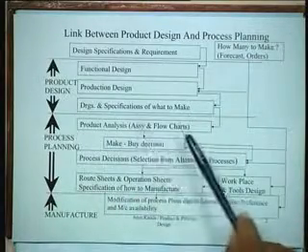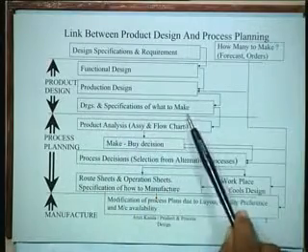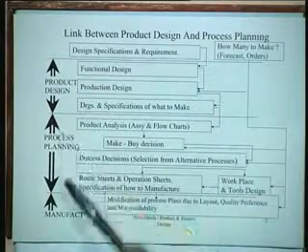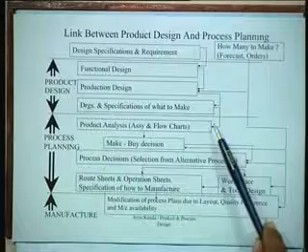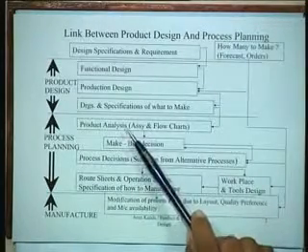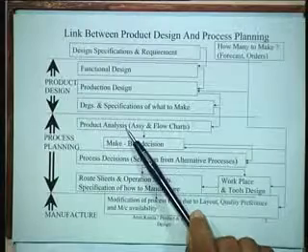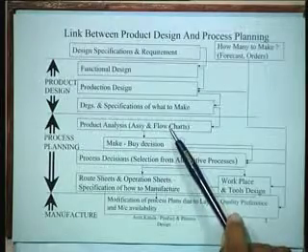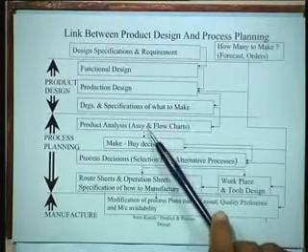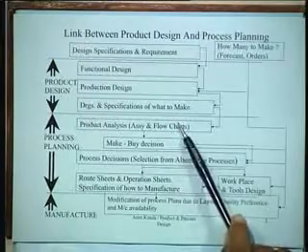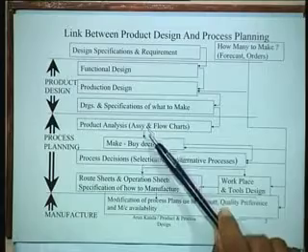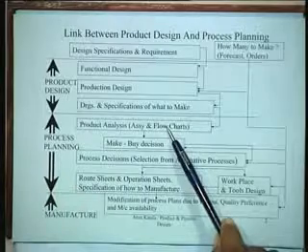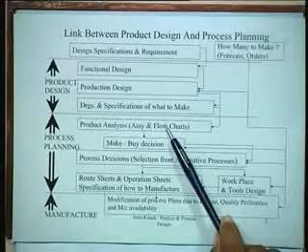Once the product design is made, which is in the form of design specifications, drawings and specifications of what to make, the next general phase is what we call process planning. And in process planning, we are generally concerned with, number one, an activity known as product analysis, which is actually summarized by the development of assembly charts and flow charts. We'll just see, for instance, what we mean by assembly charts and flow charts, but let's first look at the entire flow of information. And the assembly and flow charts will actually specify the various components which go into making